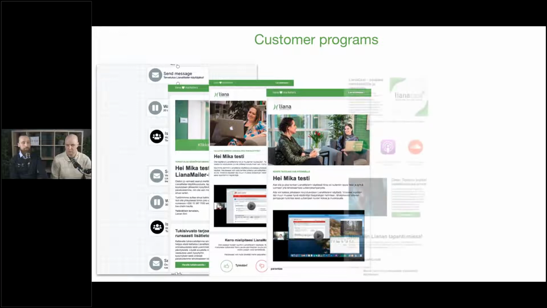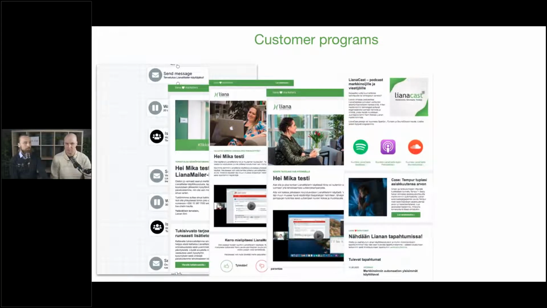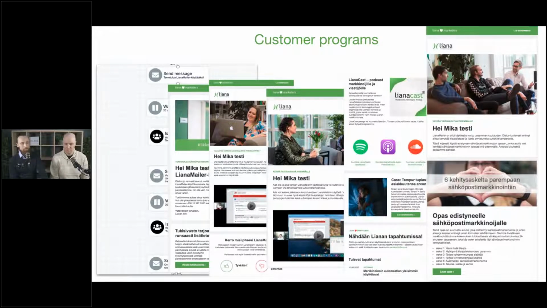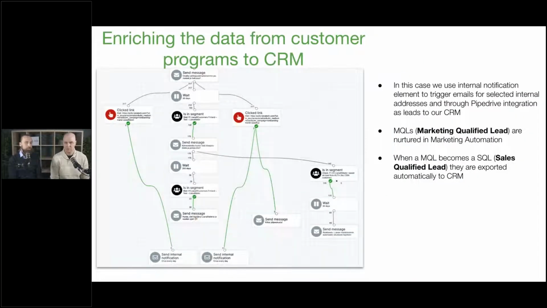and later on we start gradually talking about our other tools and solutions, and about our events and podcasts and webinars. And then at a later stage, when we have started this upselling and cross-selling type of information sharing in those messages, we track how customers are reacting to those. So when we see that customers are engaged with some of the content, we use our tracking on those link clicks in the emails, and